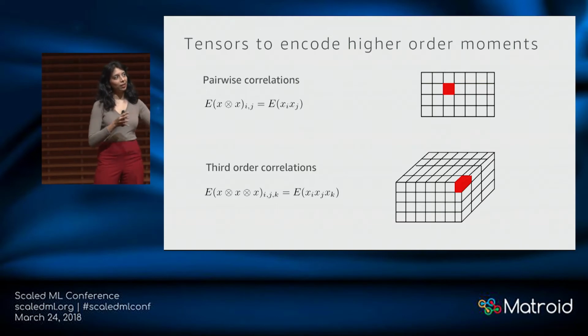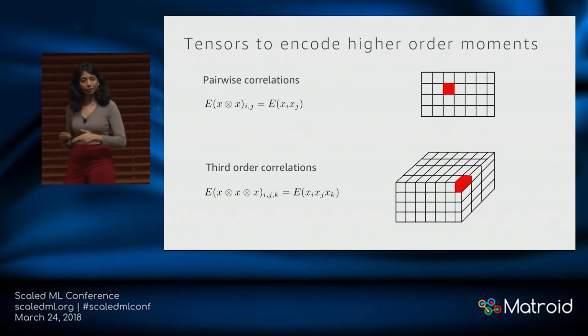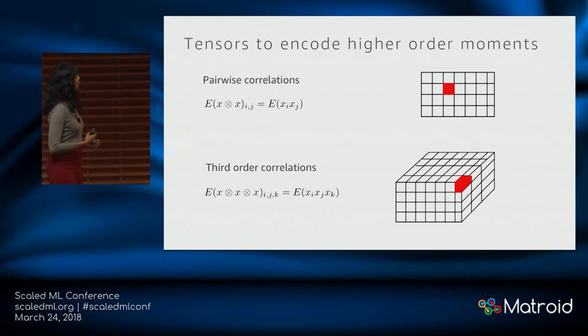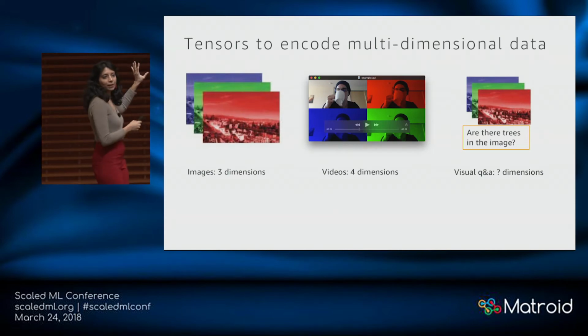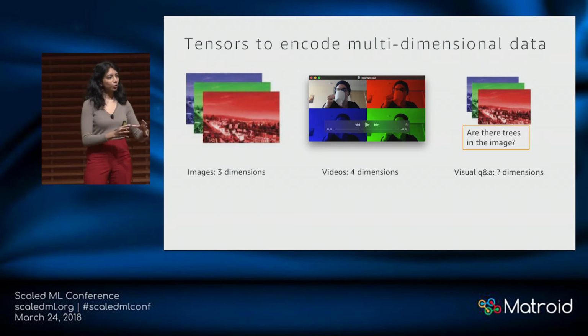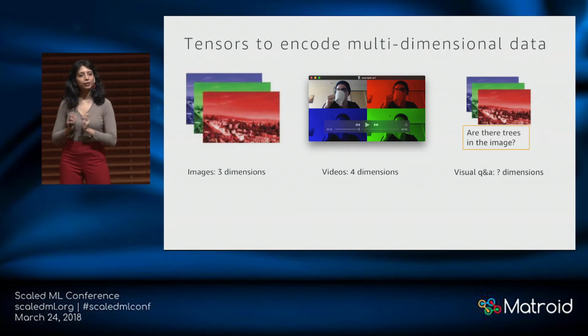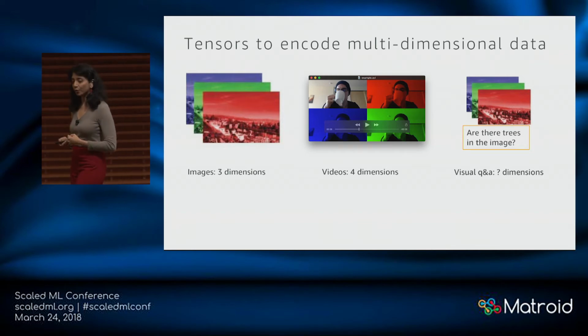And especially if we have large scale data, it becomes natural to not only think of pairwise correlations, which is sufficient only for a Gaussian distribution, but also higher order correlations if we want to model richer relationships. And so that's another application of using tensors to think about higher order relationships in data. So that's the two aspects, right? One was to directly think about data itself as having many dimensions, and if we want to naturally encode these different dimensions, let's use tensor as the data structure to express that.